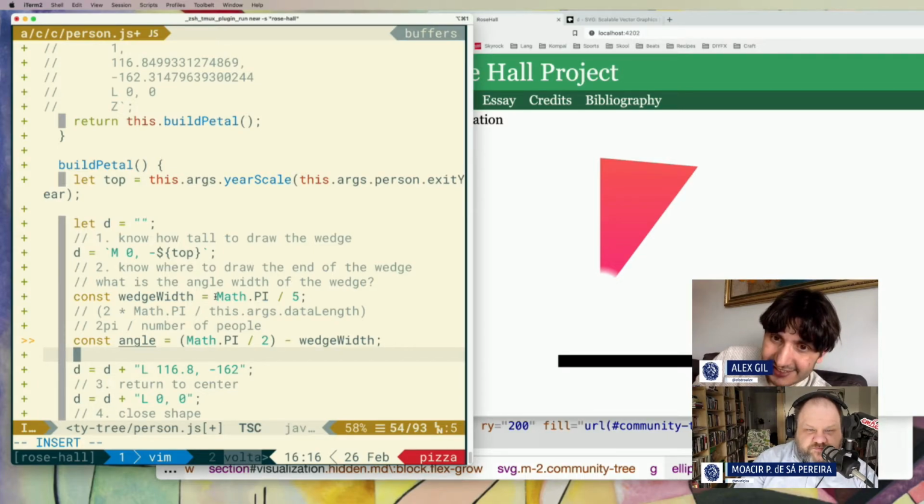I don't understand what you mean, assign it a value. Okay, imagine there's 200 people in Rose Hall. That means there's 200 wedges. That means whatever a circle divided by 200 produces. Right, that's the angle. That's not the length of B. No, because the length of B depends on how long the wedge is, how tall the wedge is. The height of the wedge is variable.